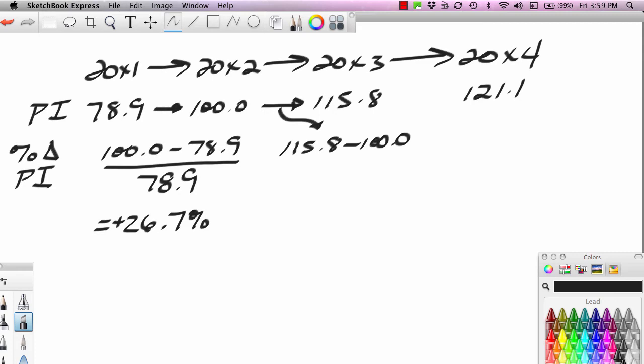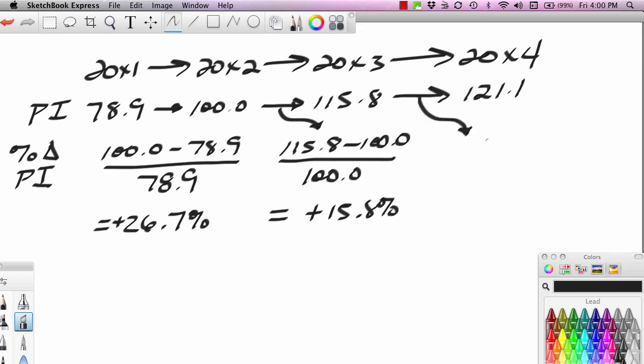I subtract P1, 100, and divide by 100. That's an easy calculation. We know that that's going to be plus 15.8%. Still high by U.S. standards, but coming down. And then if we want the inflation rate between year 3 and year 4, it's going to be